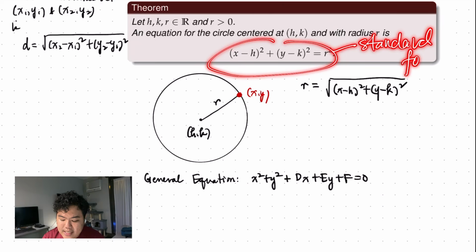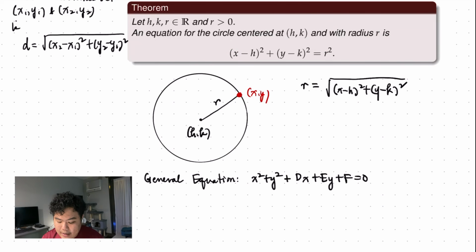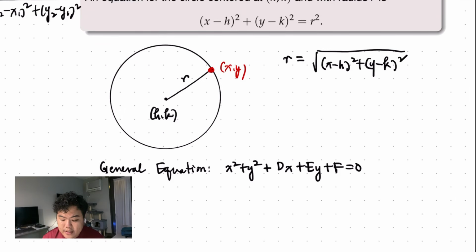So, we call this form the standard form. Yung iba tawag sa kanya standard form. Yung iba ang tawag sa kanya is the center radius form. Because from the equation or from the form itself, you can find the radius and the center. So, from here, paano nyo malalaman yung center (h, k) and yung radius r? You can do completing the square para mapabalik siya dito. Or you can use the formula